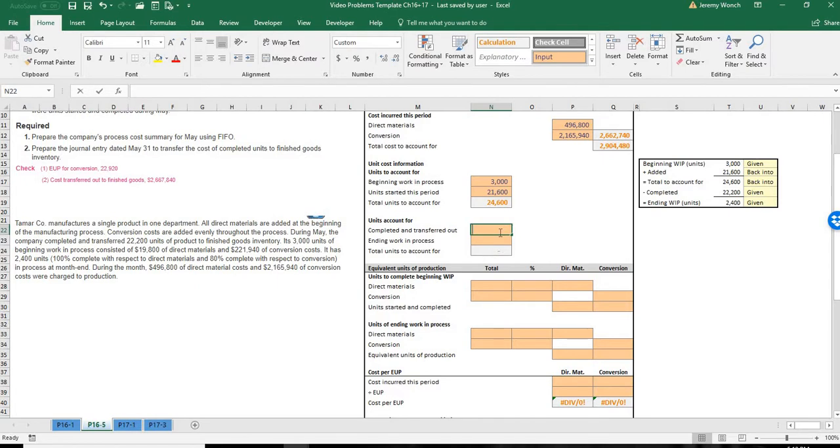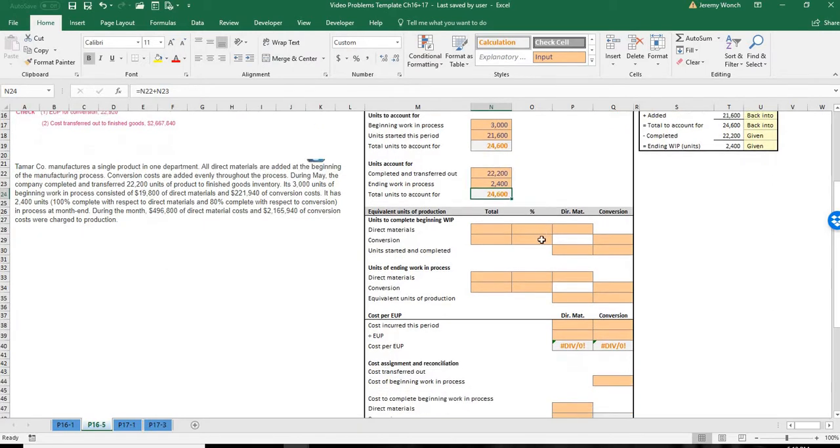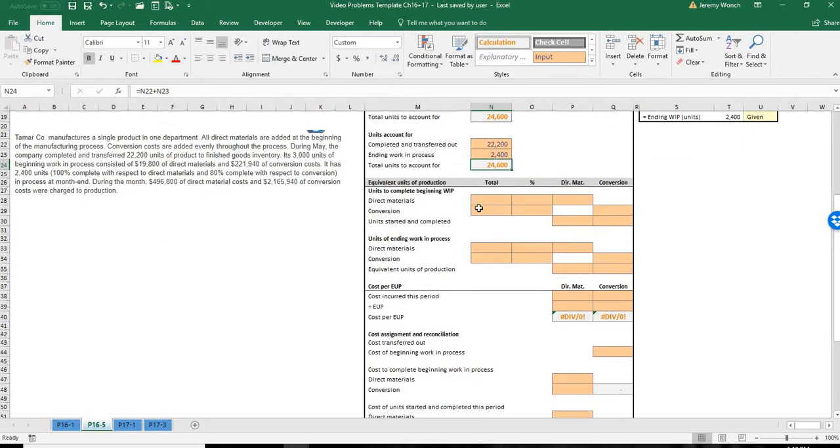We can also do it this way: we completed 22,200, and if we add in our ending work in process, we get to the same amount, 24,600. So those are the total units we need to account for, not the equivalent units. To do the equivalent units,